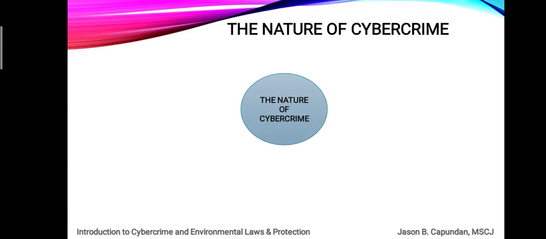So what is the nature of cybercrime? Based on the data from Europol and EMCDDA, the main categories of crimes perpetrated on the darknet in 2016 up to present include, of course, first, the selling of drugs. Actually, drugs is the largest criminal market on the deep web or in the dark net or in the dark side of our internet.